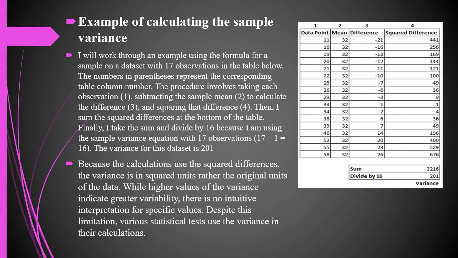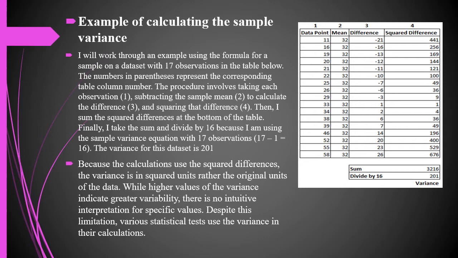Example of calculating the variance. I will work through an example using the formula for a sample on a dataset with 17 observations in the data table. The numbers in parentheses represent the corresponding table column number. The procedure involves taking each observation, 1. subtracting the sample mean, 2. to calculate the difference, 3. and squaring the difference, and 4. then I sum the squared differences at the bottom of the table. Finally, I take the sum and divide by 16, because I am using the sample variance equation with 17 observations. 17 minus 1 is equal to 16. The variance for the dataset is